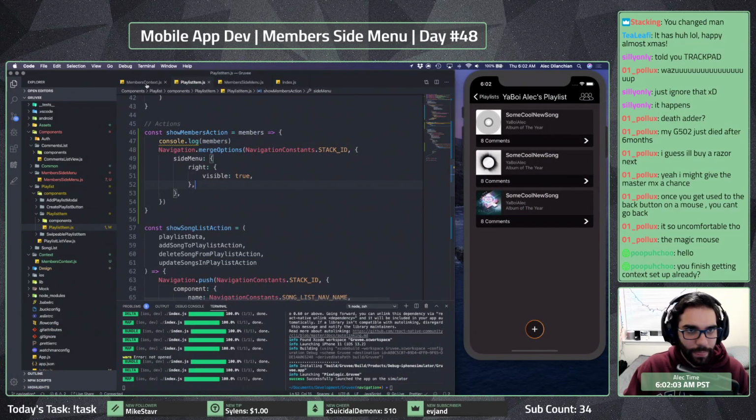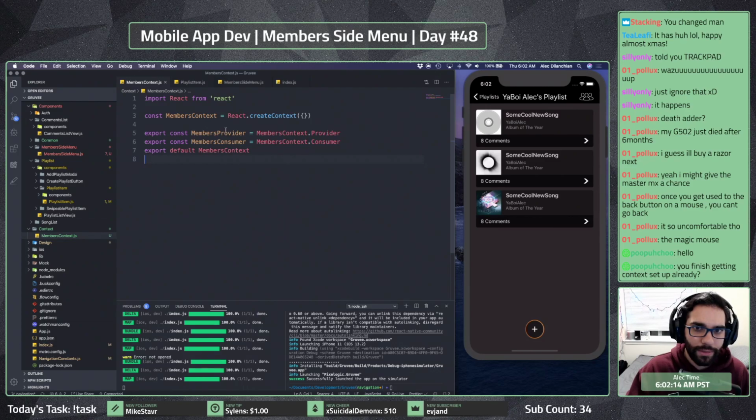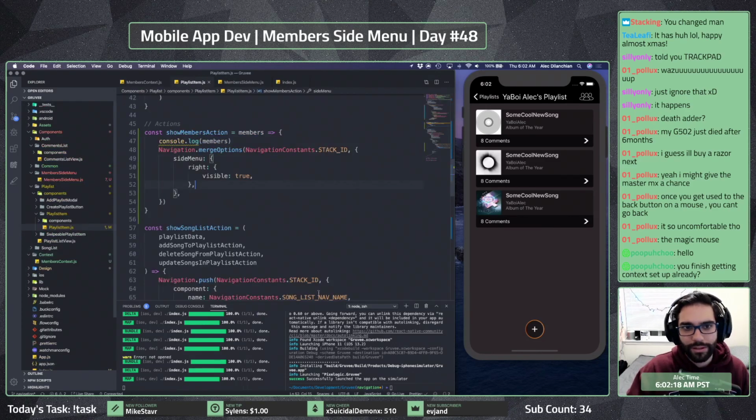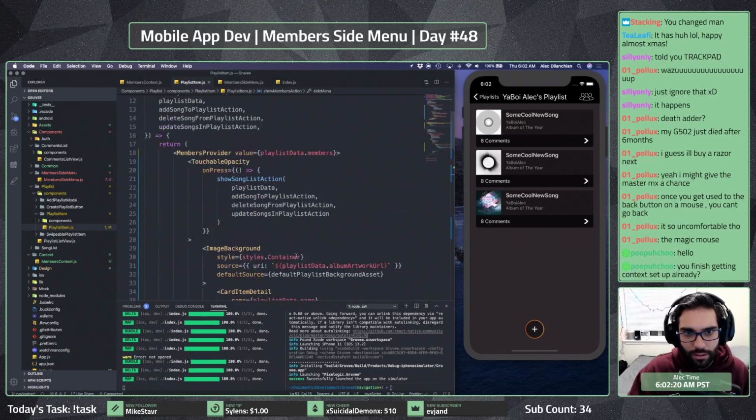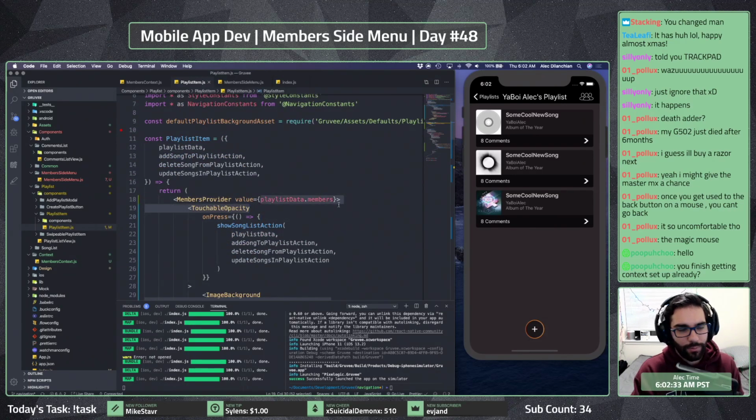So what I ended up doing was I created this new folder called context, created this thing called a members context, and then just separated out the provider and the consumer. And so at this point, in my playlist item, which is where I have my members, I ended up wrapping this in my provider, right? And so passing the value of my members.